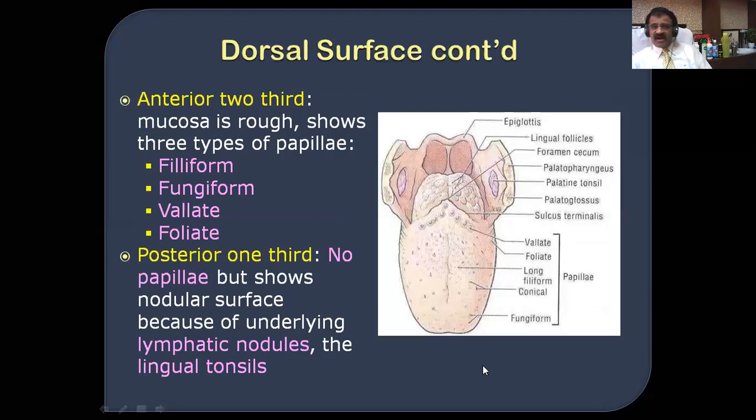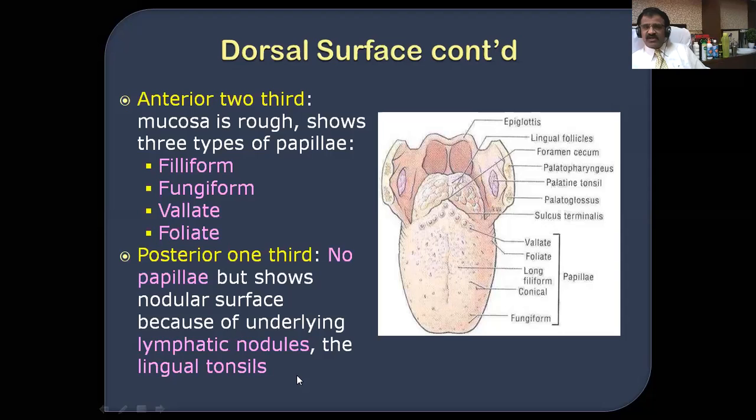And the remaining part of the dorsal surface includes the various papillae on it. So the anterior two-thirds mucosa is rough, and it shows four types of papillae: filiform, fungiform, circumvallate or vallate, and foliate. Depending upon their shape, they are so named. Everybody should know these four types of papillae. The posterior one-third has no papillae but shows a nodular surface because of underlying lymphatic nodules, which are also